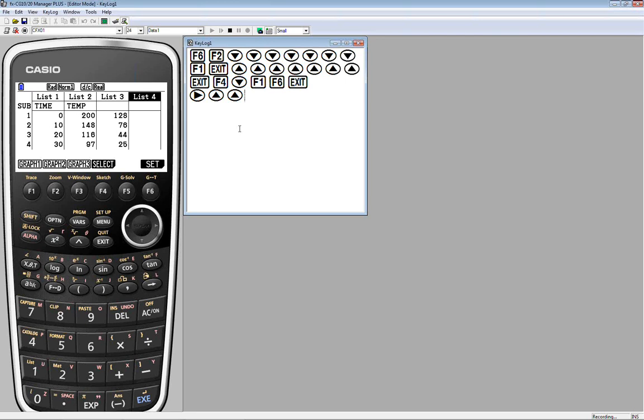Now that you see where we're going, I have one comment to maybe save a little issue that I've had in the past by not being too careful. If you record your data and your coffee gets all the way down to room temperature, and you have a 72 and you subtract 72, and now list 3 contains a 0, you're going to have rejection trying to take the logarithm of the 0.